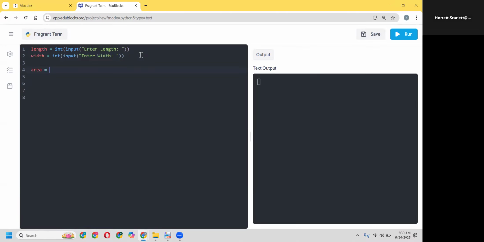And then it says that the area is equal to length times width. And let us do our formatted print, where we're able to see what the length was, what the width was, and what the area is. And let's put a message before it. So area is